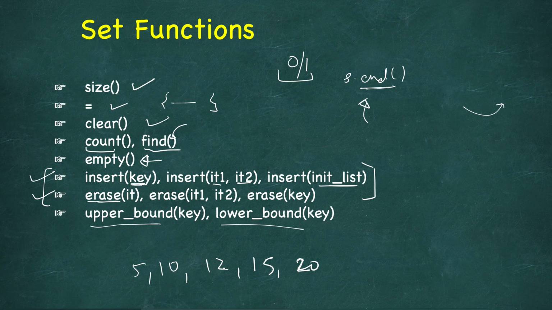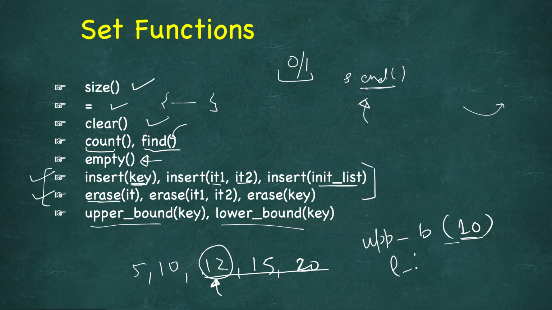So in this case, let's say we are calling upper bound 10. It will return the element greater than this 10, so it will start from 12, and you can iterate till the end. So this upper bound 10 will return 12